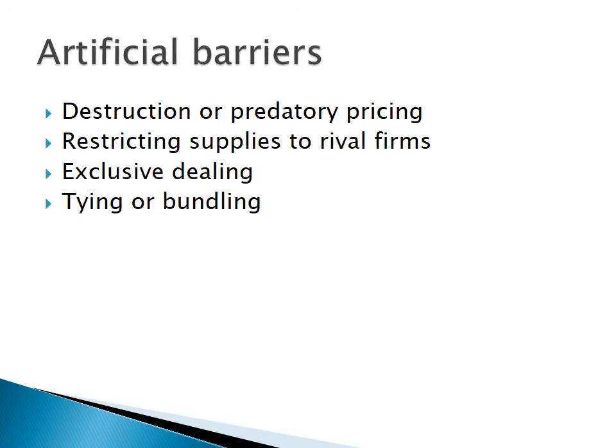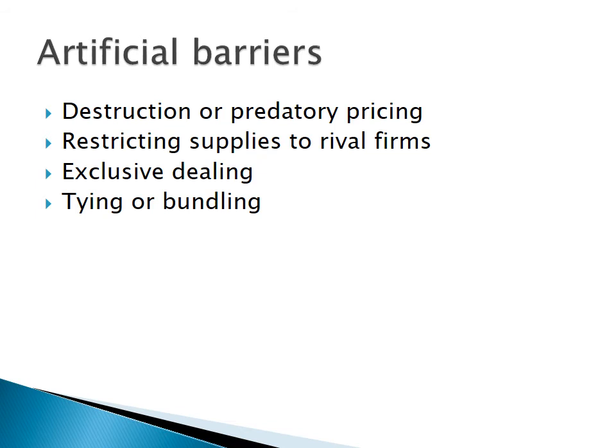The third point is exclusive dealing. This occurs when a monopoly prevents retailers from stocking the products of competing firms. That is, they are forced by contract to purchase and sell only the products supplied by the monopoly. This method of restricting competition is particularly effective if the products supplied by the dominant firm are popular with consumers and generate significant sales and profits for the wholesalers and retailers who sell them.